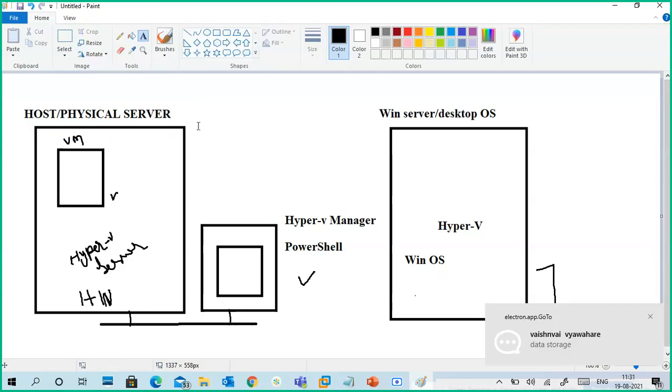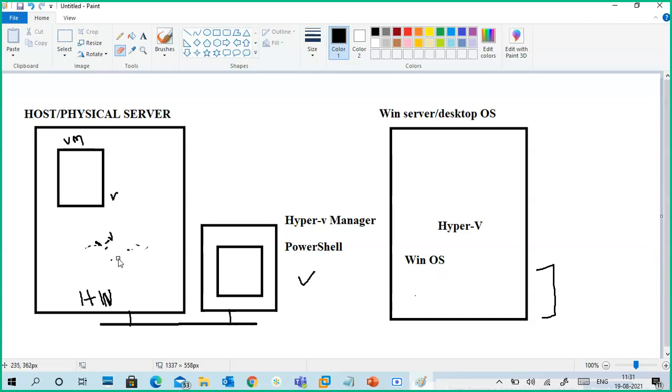Tell me any answer first of all. Data storage. Okay. Good. What are the services of Windows server?